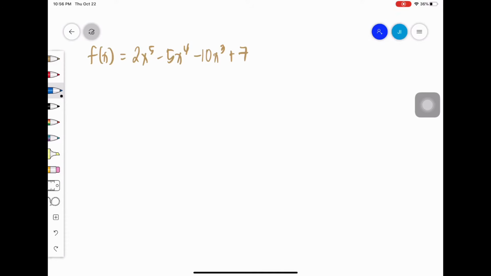Alright, so what we do here is we need to find the critical points by finding the zeros of its derivative. That is, the derivative of f is equal to 10x to the fourth, minus 20x cubed for the derivative of the second term, and for the third term its derivative is minus 30x squared, plus 7. The derivative of 7 is just 0, and this is 0 whenever